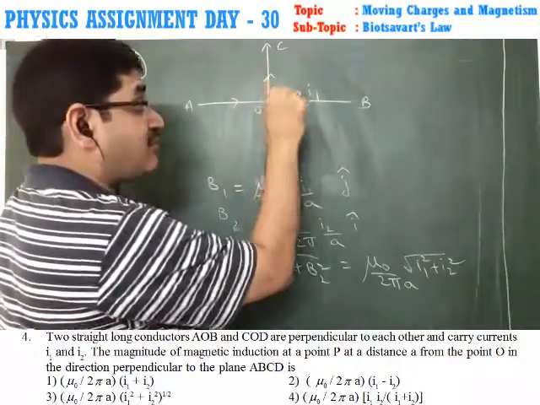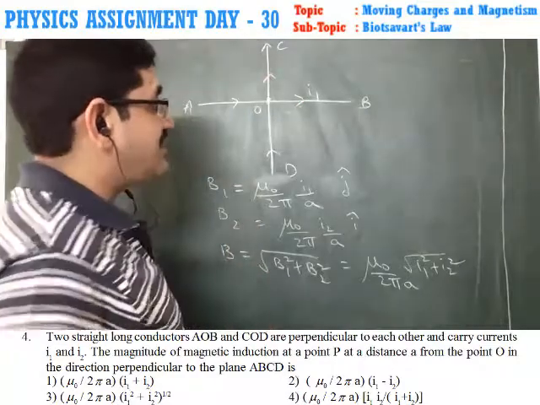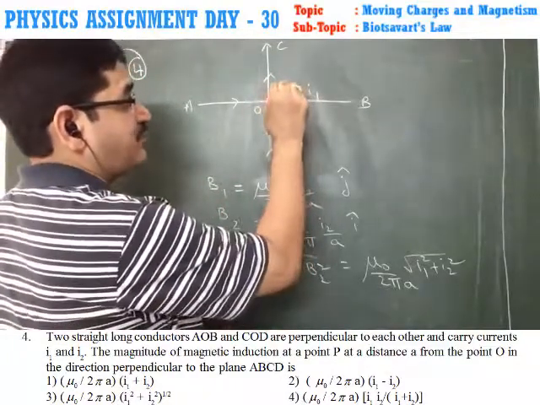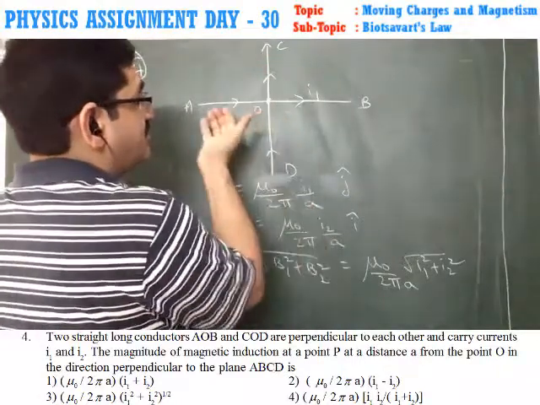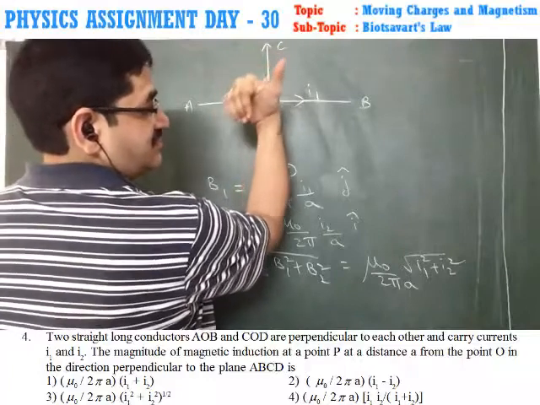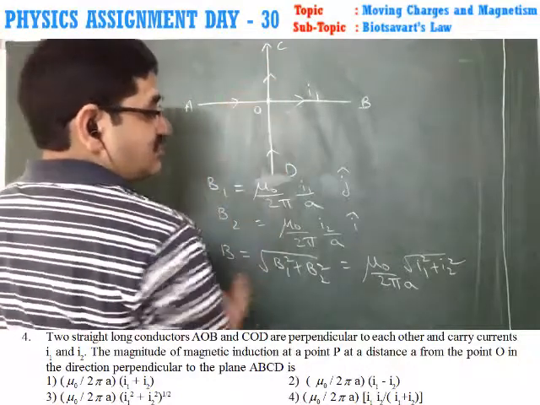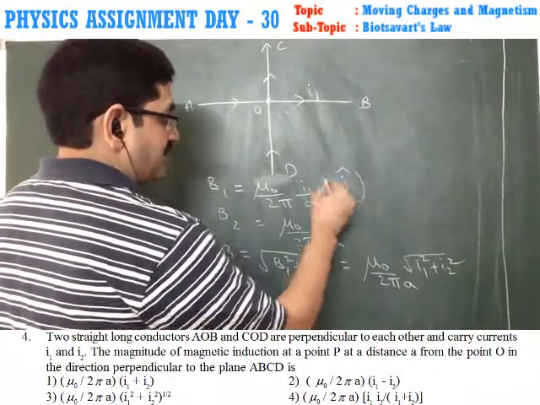ఈ plane లో మనం ఒక పాయింట్ తీసుకున్నాం. ఈ పాయింట్ నుంచి మ్యాగ్నెటిక్ ఫీల్డ్ ఏ డిస్టెన్స్లో అడుగుతున్నాం ఈ పాయింట్ మీద. దీనివల్ల ఇలా డైరెక్షన్ వస్తుంది. Due to wire AOB, the magnetic field will be like this, downward. Downward అంటే మైనస్ j cap ఉంటుంది.